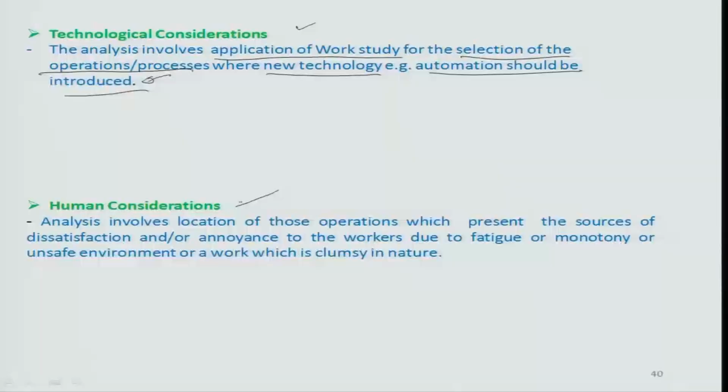There are also human considerations, which are basically involved. The analysis involves location of those operations which present the sources of dissatisfaction or annoyance to the workers due to fatigue or monotony, or an unsafe environment, or work which is clumsy in nature. For example, let us talk about something which is related to paint. Let us say there is a chance, or there is a possibility that